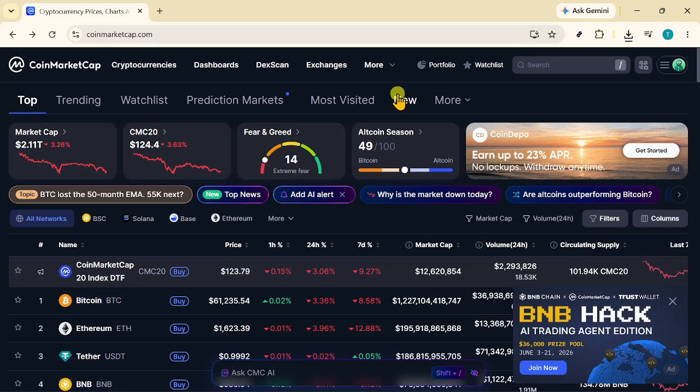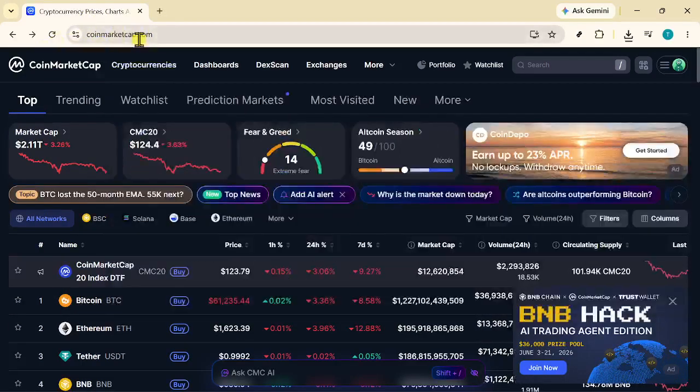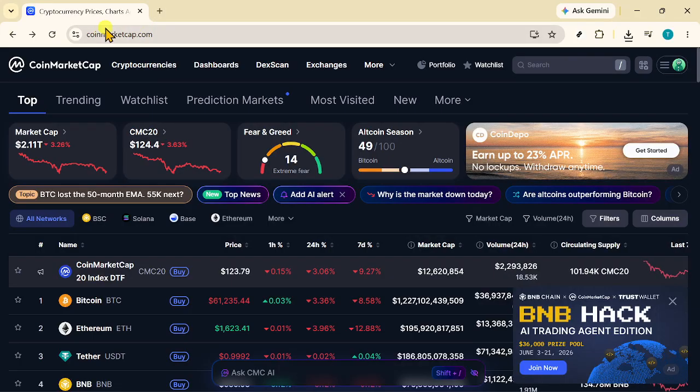Hello, today we will guide you through how to set price alerts on Coinmarketcap app. To get started, open the Coinmarketcap app on your device. Once the app loads, you'll be on the main screen where you can browse different cryptocurrencies, market data, and trends. This is the starting point for setting up an alert, so take a moment to make sure you're signed in